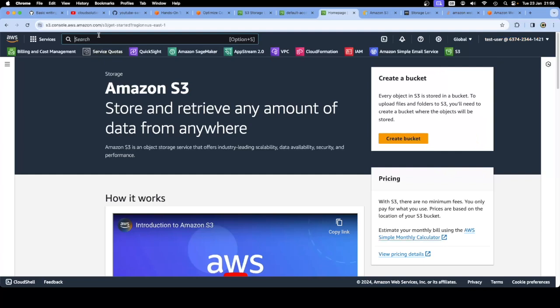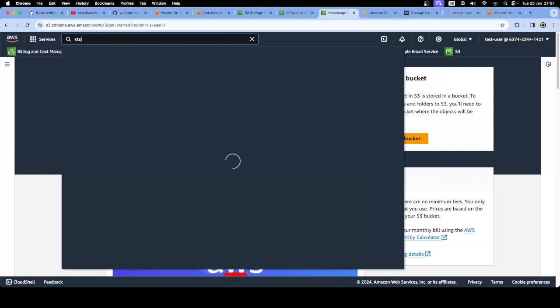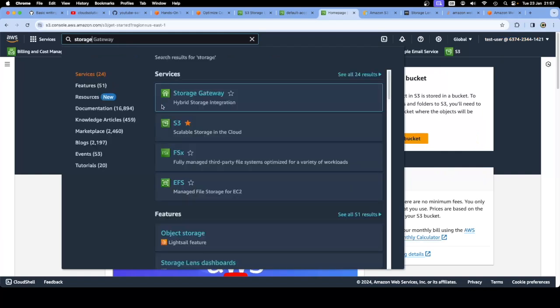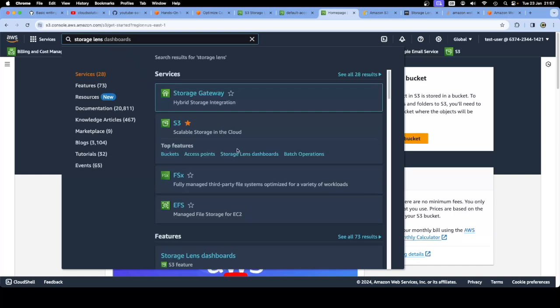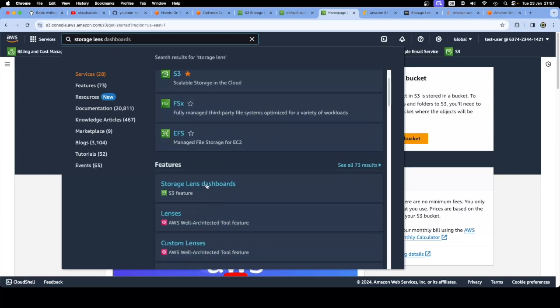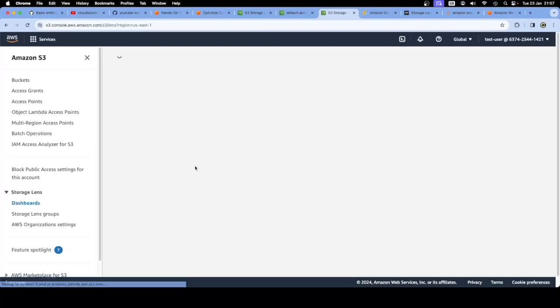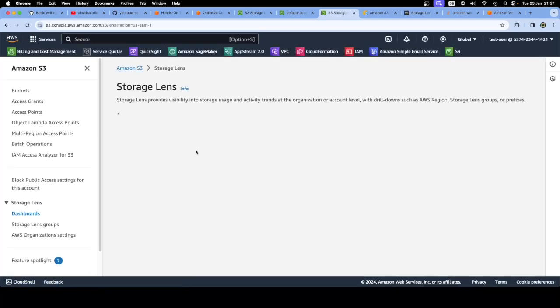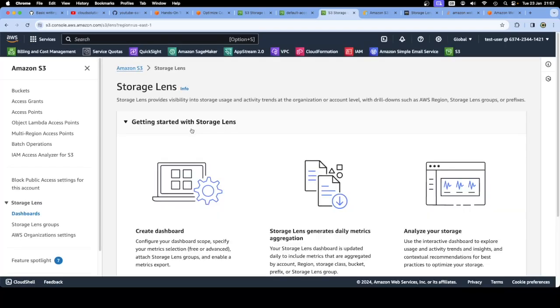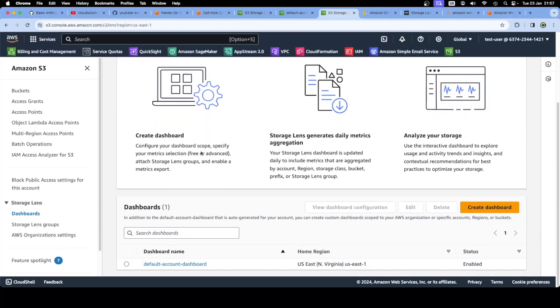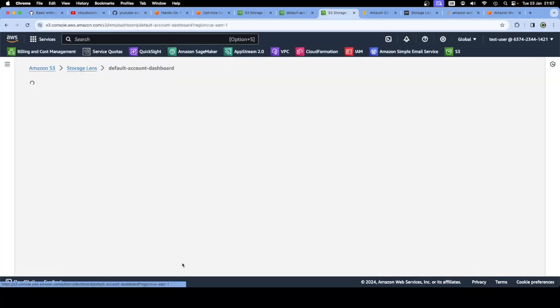Here I can sort of say, let's search for storage lens. Go back in here. Here's the storage lens dashboards. Because this user is basically just what I gave this user permission to do. That's all it's going to do. But basically, once this is done, I'm going to